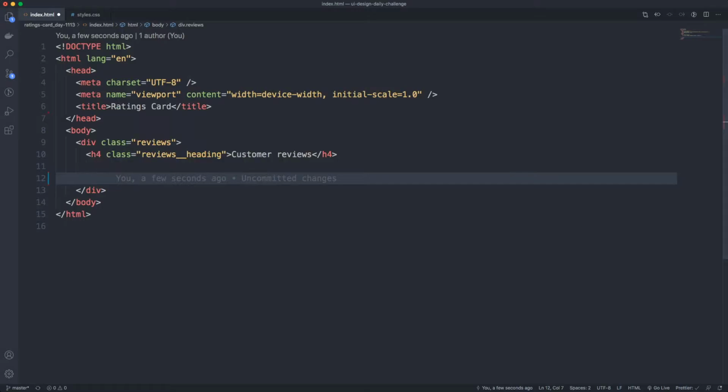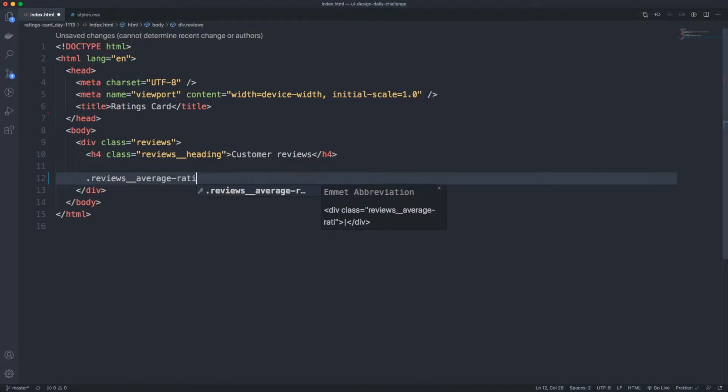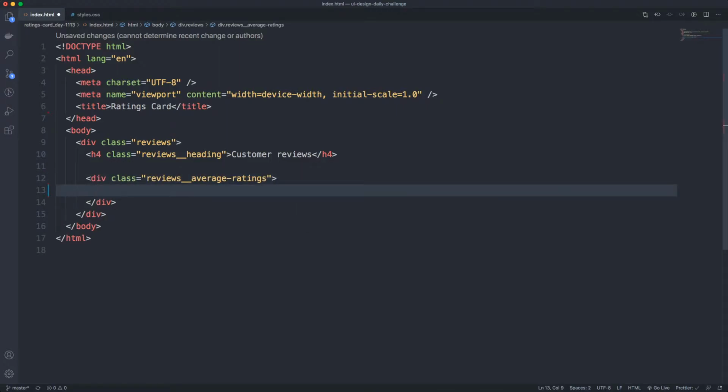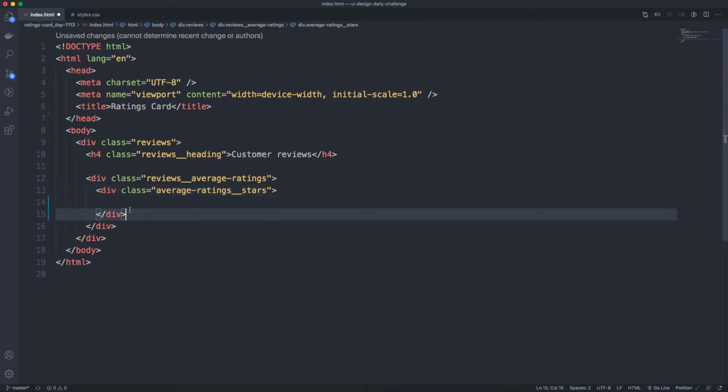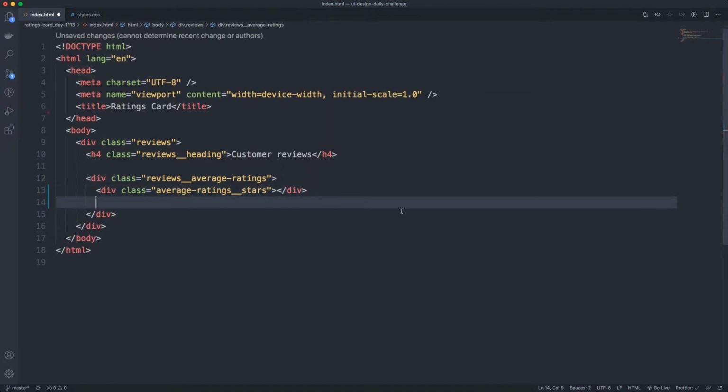So let's go back, and then we're gonna need to create a div. Let's call it reviews average ratings, and then inside of that we should create a div that encompasses all the stars. So that will be average ratings underscore stars. So you can think of this as basically the div that will wrap all of the different stars. And below or after the stars, we want to show the 4.7 out of 5, which we can